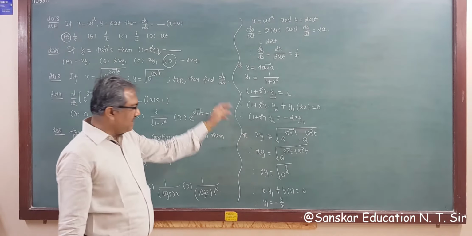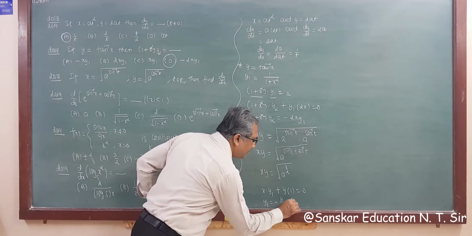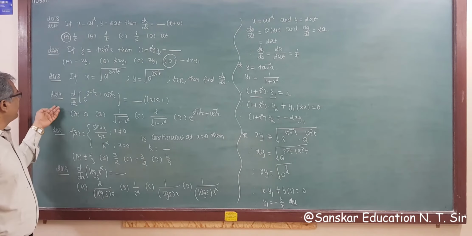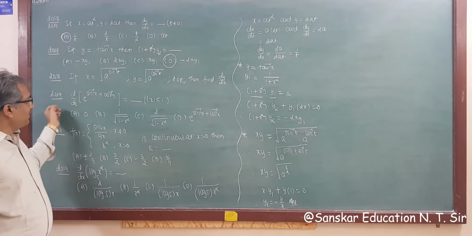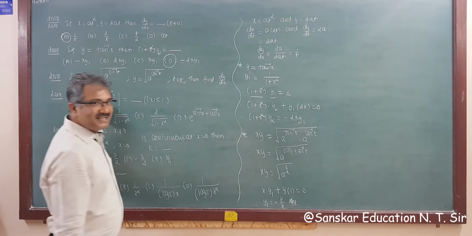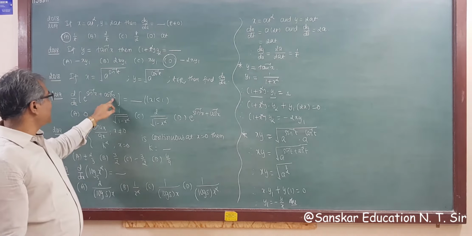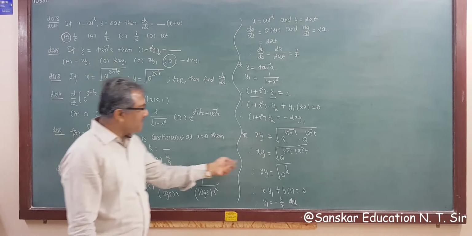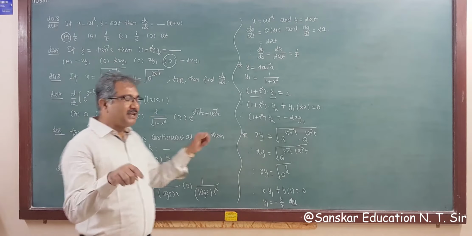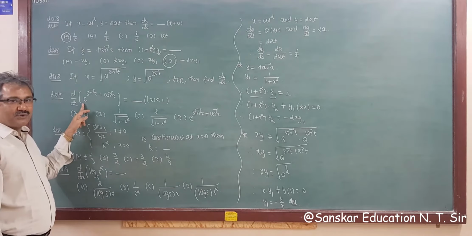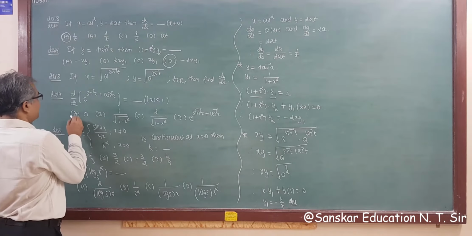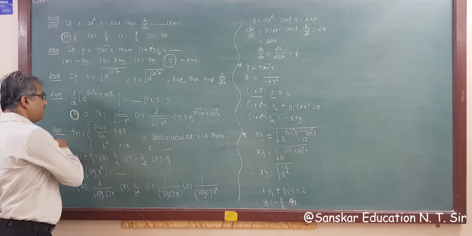Then find dy by dx. So this is your answer of this question, right? Then again, see 2019. Here, e raised to sin inverse x plus cos inverse x. Same question. So e raised to sin inverse x plus cos inverse x is e raised to pi by 2 instead of a. a is also constant. So a raised to pi by 2, here is e raised to pi by 2. So this is constant raised to constant. That is again 0. So simple, answer is option A.